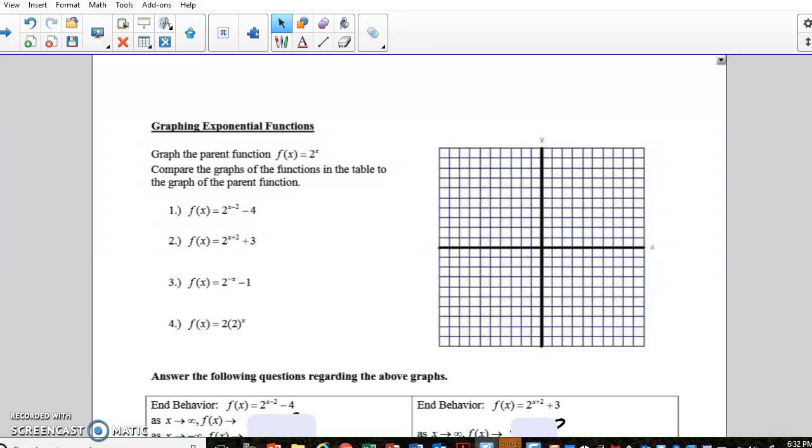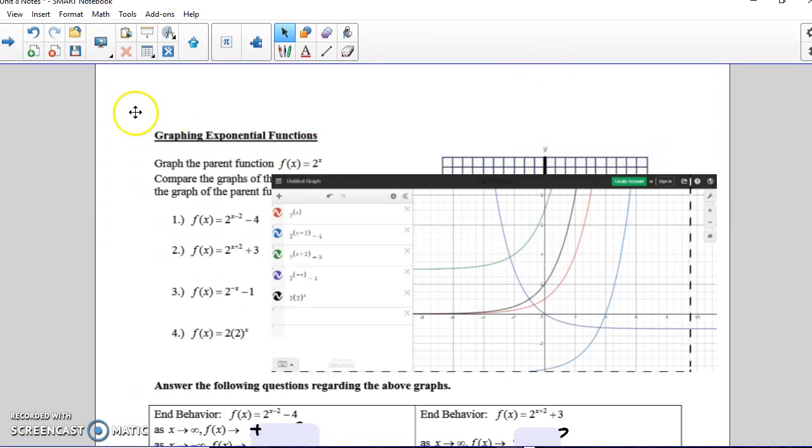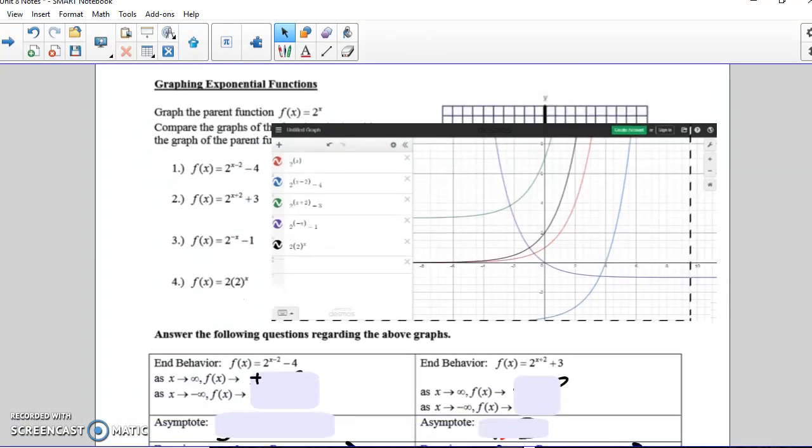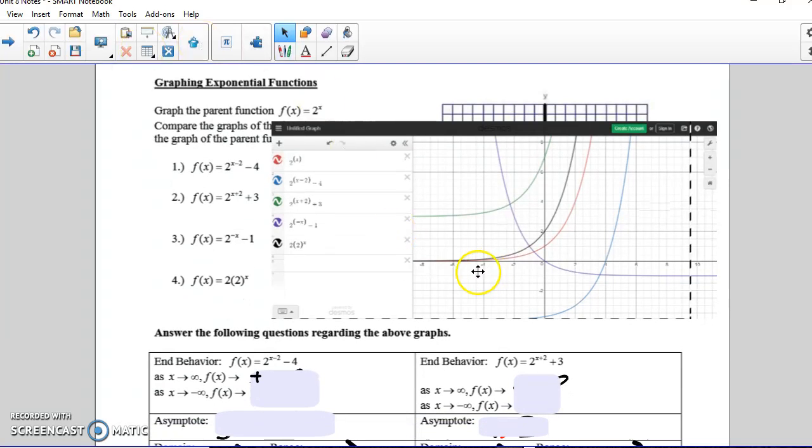Now we're actually going to go into graphing the exponential functions. We're going to graph the parent function f of x is equal to 2 to the x. Then we're going to graph these 4 and see how we can compare them. I graphed them on Desmos, took a screenshot, and posted that here. So let's compare our parent function, 2 to the x, which is the red, to all of these other functions. The first one is 2 to the x minus 2 minus 4, and that is the